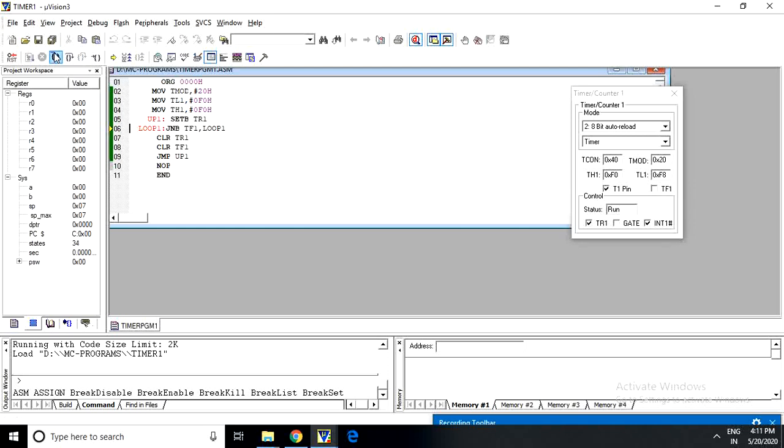So here you can notice the change. See, there is an overflow. As soon as there is an overflow, TL will be loaded with the value which is there in the TH register. I'll execute once again. See, F3. Okay, so once there is an overflow, TF1 is raised. The TR run control bit is now 1. You need to make it 0 for the next round.